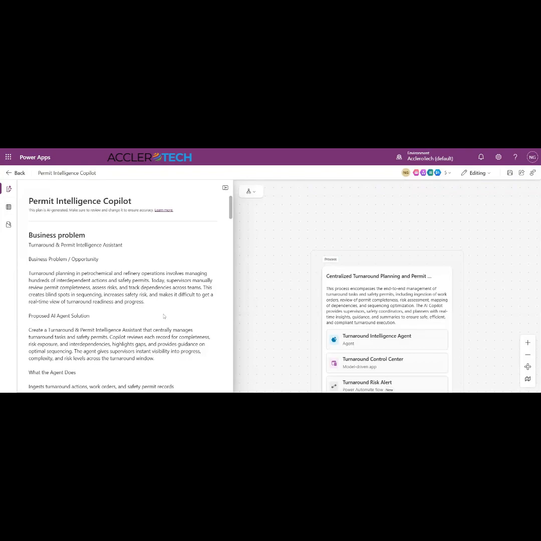Turnaround planning in petrochemical and refinery operations involves managing hundreds of interdependent actions and safety permits. Today, supervisors manually review permit completeness, assess risk, and track dependencies across teams. This creates blind spots in sequencing, increasing safety risk, and makes it difficult to get a real time view of